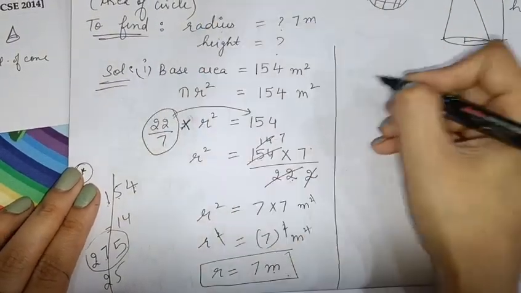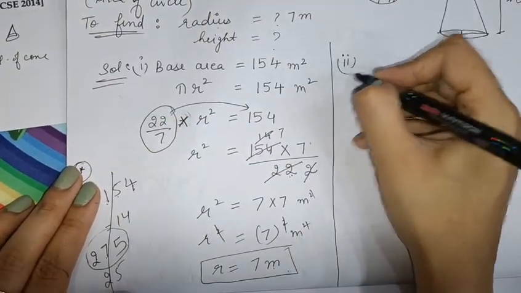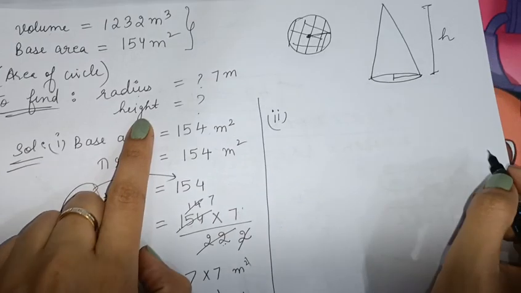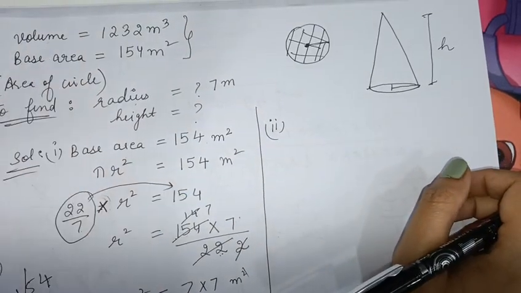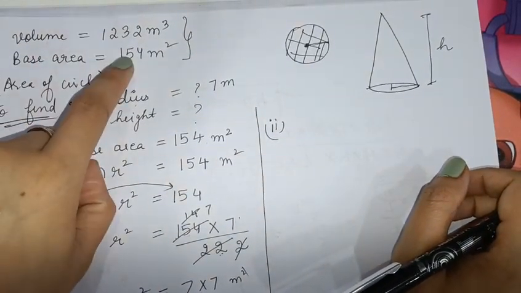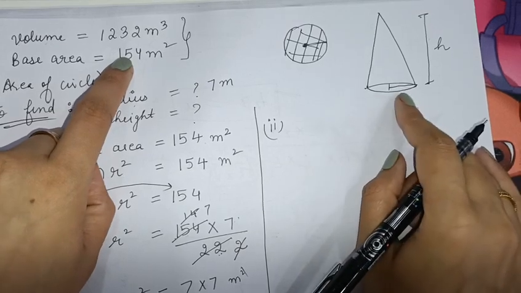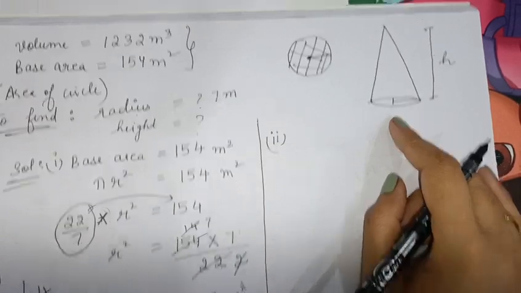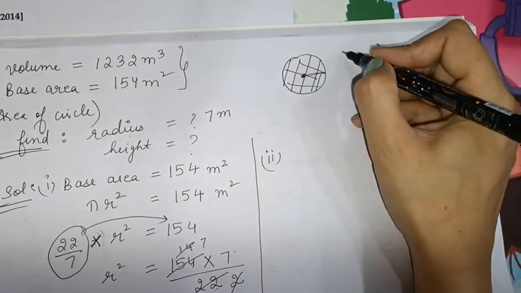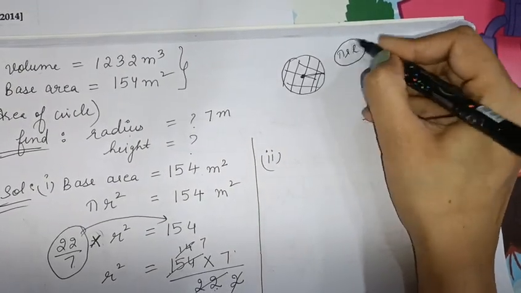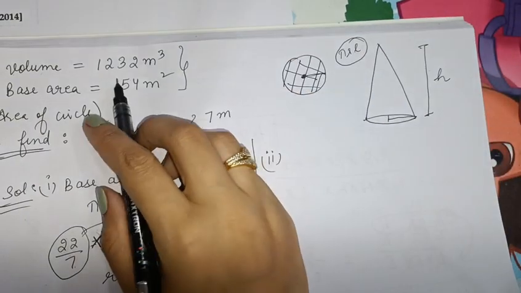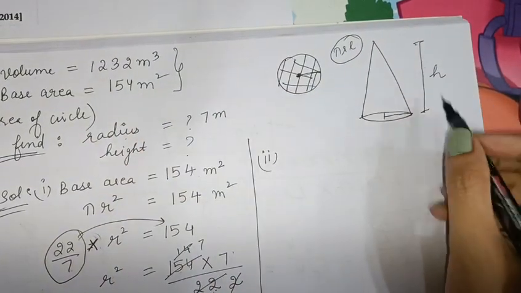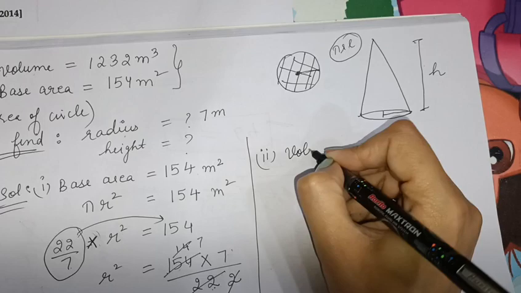Now second part, 3 parts are there. In second part, height we have to find. In height we will make use of volume, because in volume's formula only height is there. Volume of cone. Surface area of cone, volume is not there. Surface area of cone is pi RL. So height is not there at all. In volume's formula, only height of the cone is there. So volume of cone